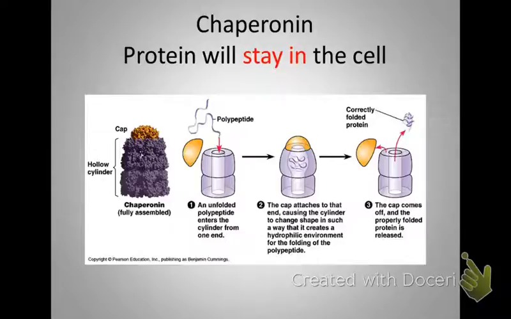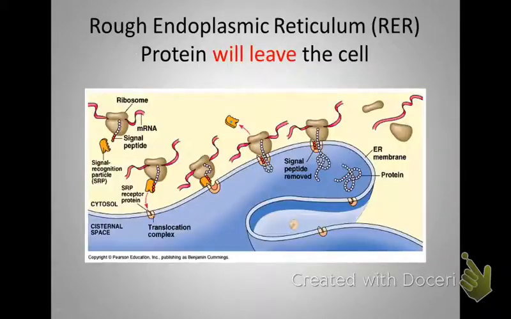There is a chaperonin inside your cell, and it's a pretty cool looking thing. It looks like a capsule, and it will take your protein, this chain of amino acids, and these amino acids will go down inside of this and a cap is put on it. It folds up the protein like it's supposed to be to make it work, and then when the protein is folded right, it'll leave. Okay,